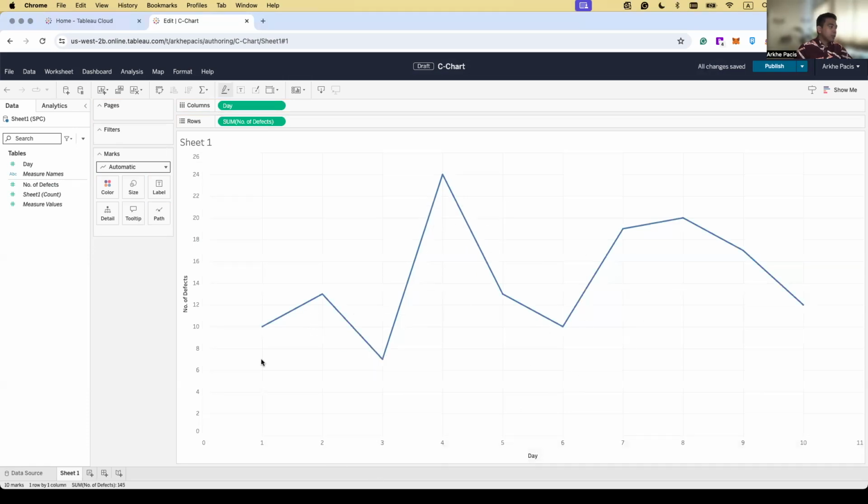If you're looking at day 1, you actually have detected 10 defects on your data collection. Day 2, 13. Day 3 is 7. Day 4 is 24. All of those. So now that you have this number of defects